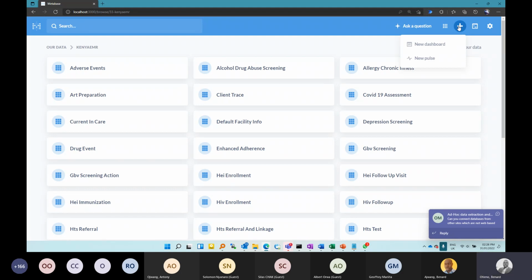The third section is Create, where you can create new dashboards, or you can create something called a pulse. So a dashboard, when I was introducing this, I talked about static dashboards, and I also talked about live dashboards. When I'm creating a pulse, I can create certain indicators that Metabase will be able to email me about if it has gone beyond a certain set threshold. Or if it is something that I can send into Slack, then I can set the Slack up, and then